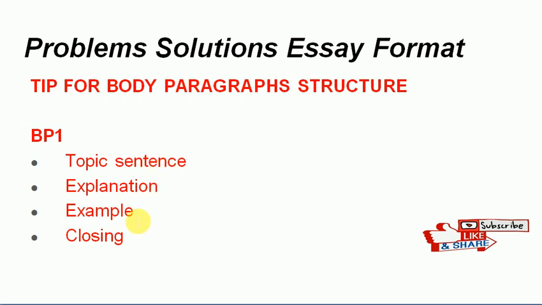After writing the example, you can close this particular point. You can write a closing line that we usually write with thus or therefore, or maybe with the connector hence. So if you follow this order, topic sentence, its explanation, example, closing line,